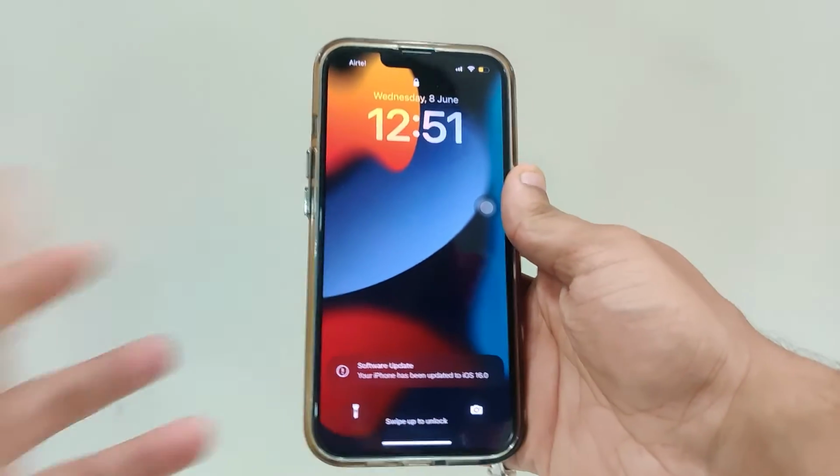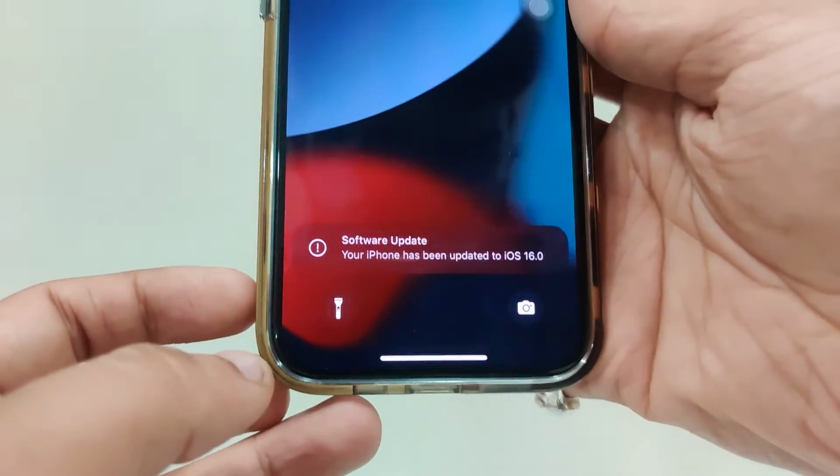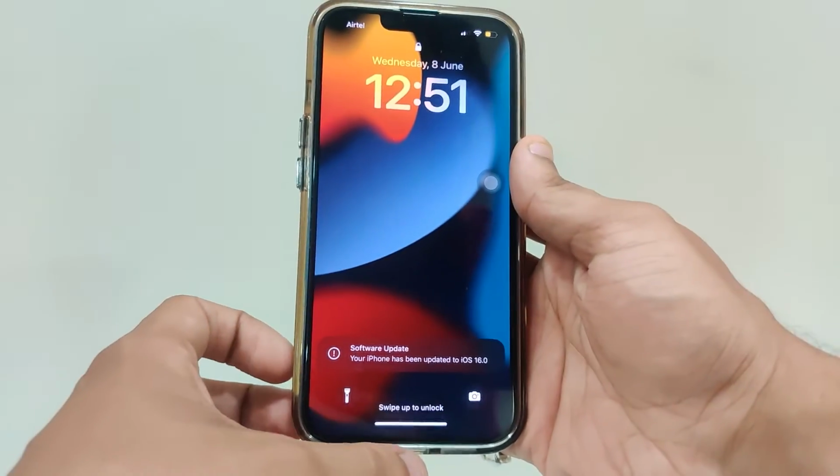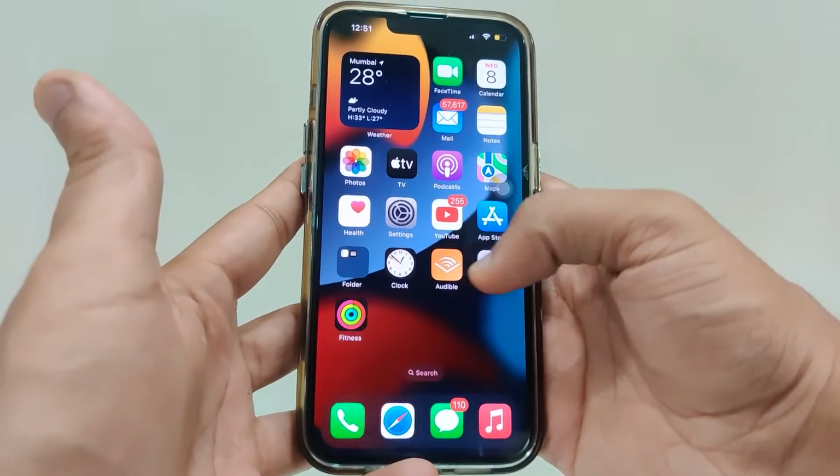So I just kept my phone on update and put it on charge, and it got updated by itself. And you can see software update, your iPhone has been updated to iOS 16. So I'll just open it. I will input my password, and as you can see the interface,